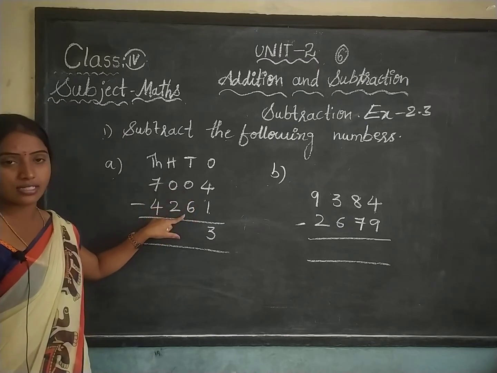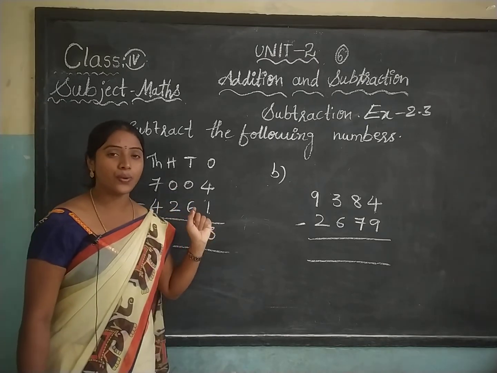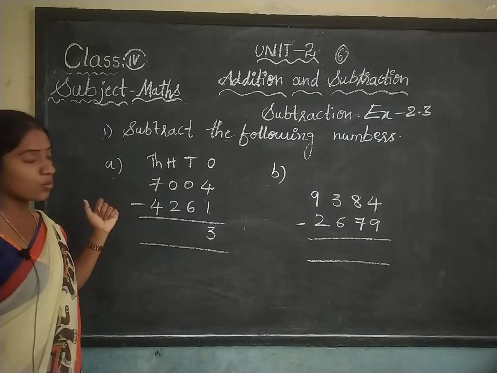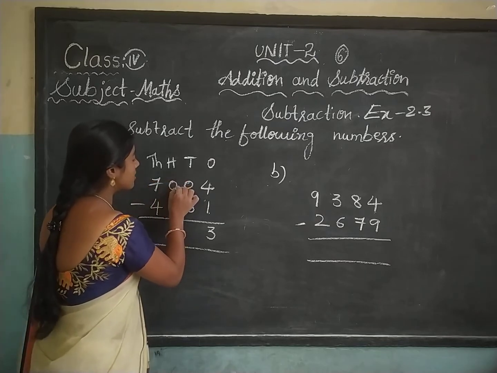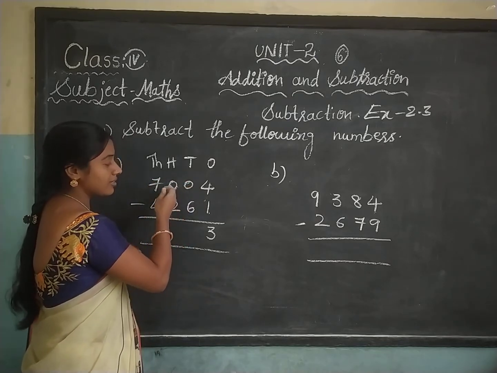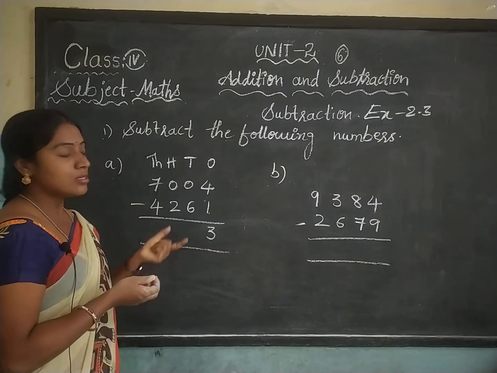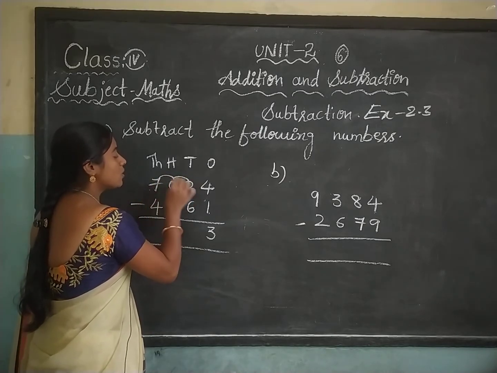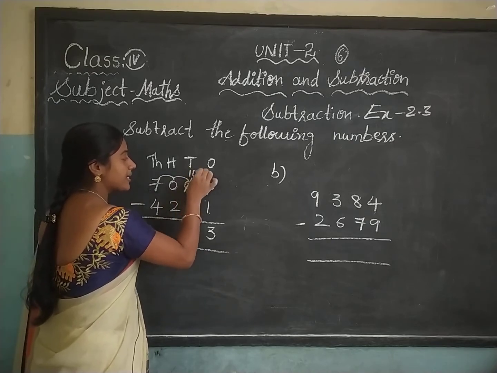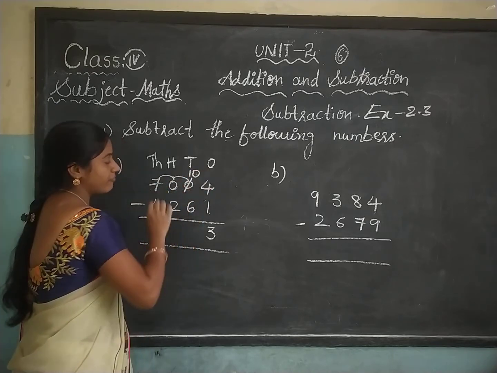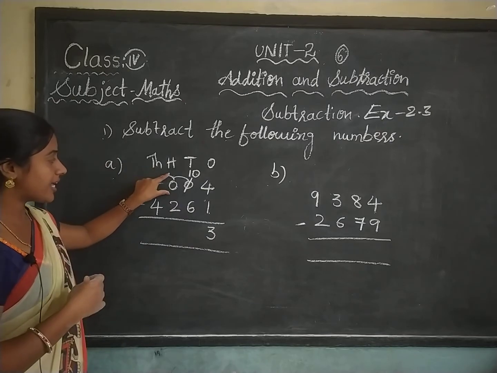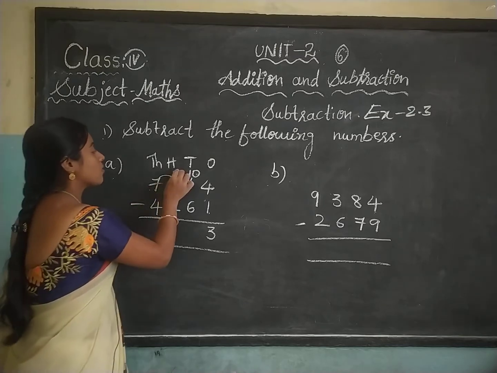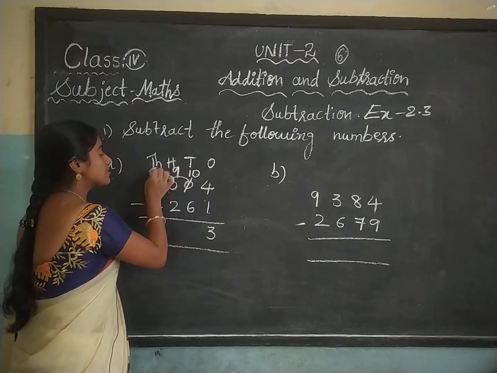See here, once observe. What are the digits here? 0 minus 6. 0 minus 6 we can subtract now? No, we cannot subtract. So you have to take borrow from another place. Okay, so before place means here also 0 will be there. So we cannot subtract. Here also we cannot taking borrow. So you have to check 1000 place. Here onwards you have to take borrow. 0 became a 10. Here also became a 10. Because we are taking again here borrow means it will get 9. 10 became a 9. Here 7 became a 6.